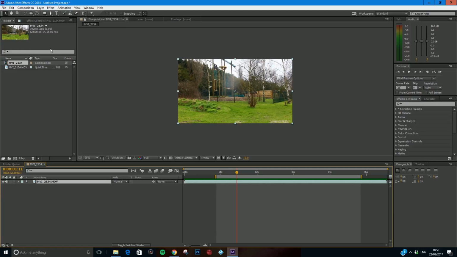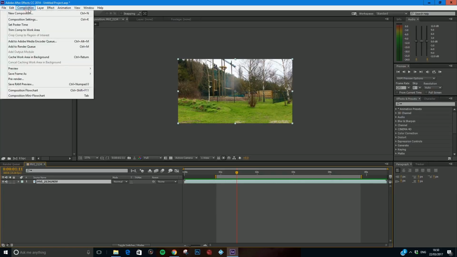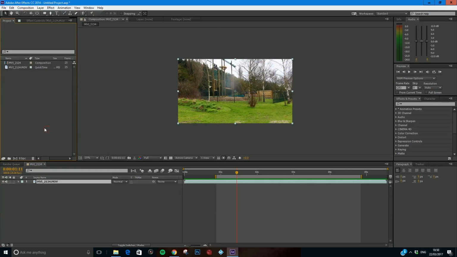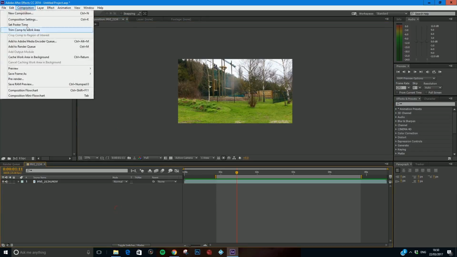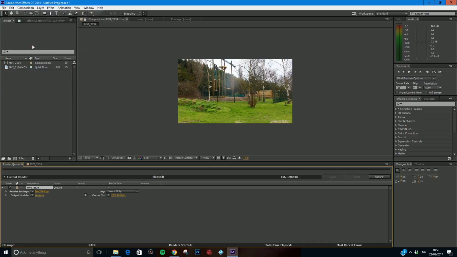So in order to export this to a TIFF sequence, I'm going to do the following. I'm going to click Composition and Add to Render Queue. Now please note, when I click each window, a yellow, or in your case a blue line will be around the window that you're currently looking at. If I try and add this to the render queue when my project window is clicked, it's grayed out. All you need to make sure is that you either clicked in the timeline or in the composition window, one of these windows is highlighted, and then you can go Composition, Add to Render Queue,